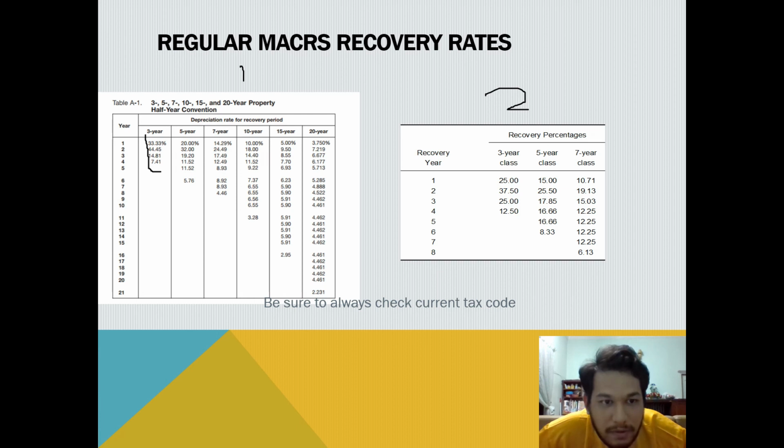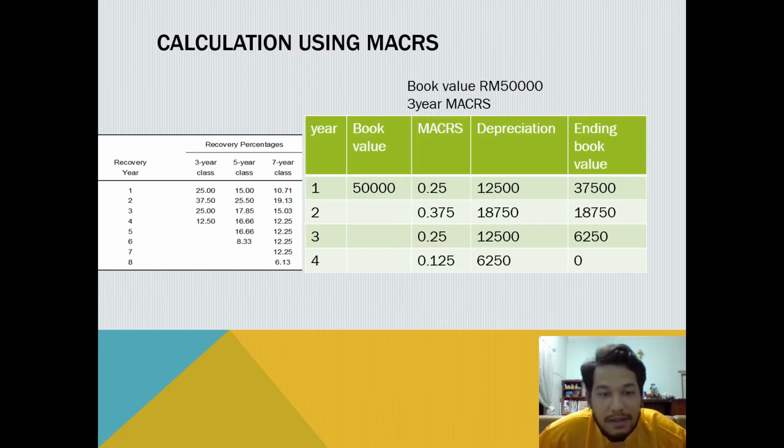33.33%, 44.45%, and this one is 25%, 37.5%, and so on. This is actually not fixed, so look at the table, of course. And then next is